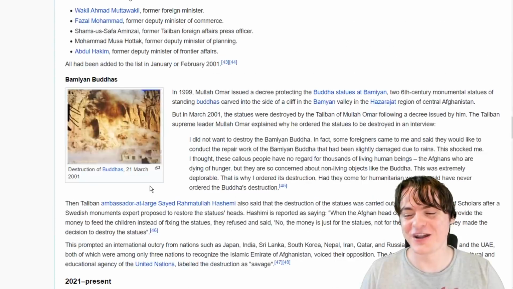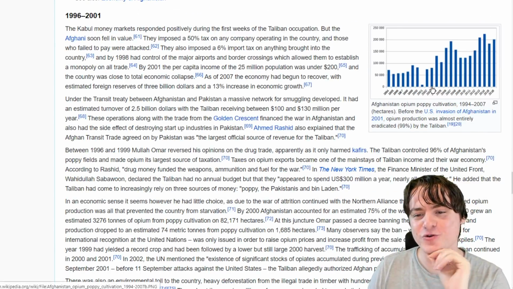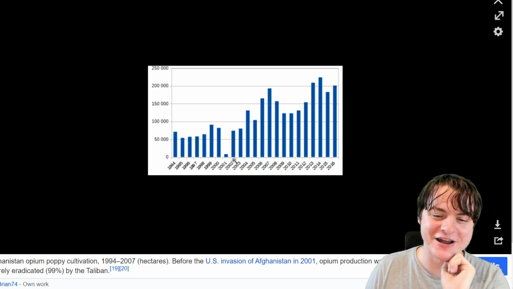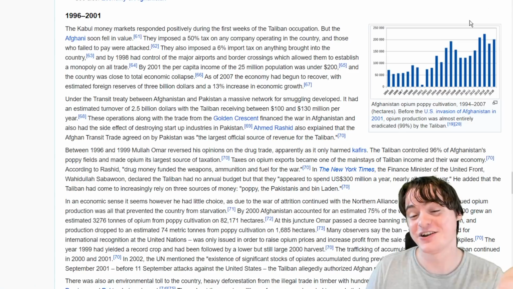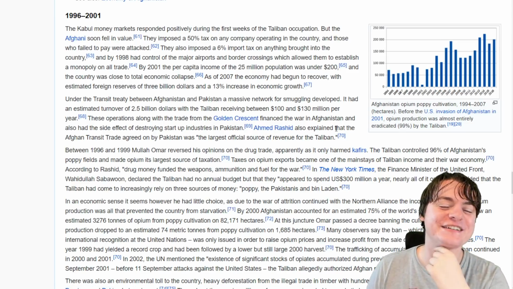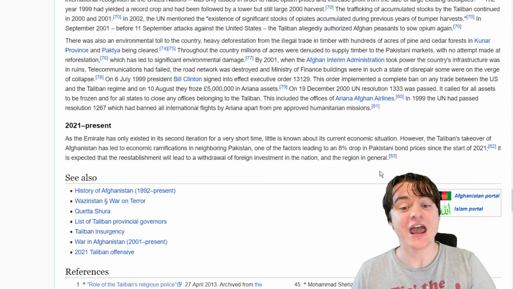This is going to be a fun Wikipedia article to read back in a couple of years. Ooh, Afghanistan opium poppy cultivation. It looks like that went up when the Taliban were in charge. I'm just saying, if you used any opium poppies, you've been funding terrorism. Or, I guess, a new country's statehood. Anyway, speaking of